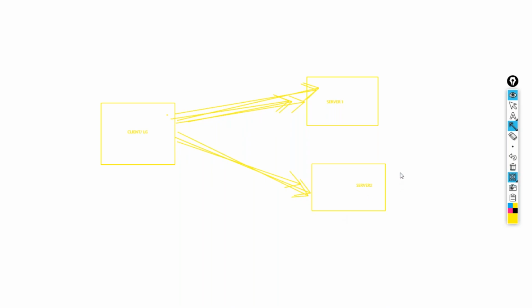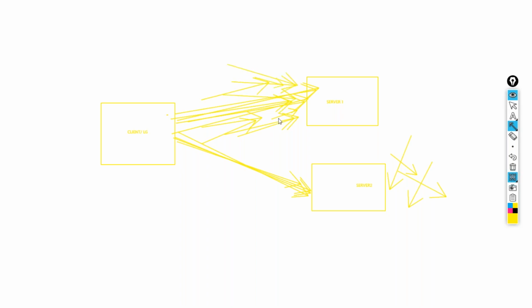Now let's say for some reason this server is down or crashed. In real time, if one of the servers is down, the requests coming to this server should be automatically routed to the other server. That is what we have to test here. We have to work with the development team and intentionally bring down one of the servers, and verify whether all the requests are automatically routed to the other server.